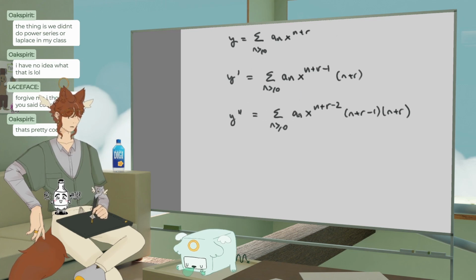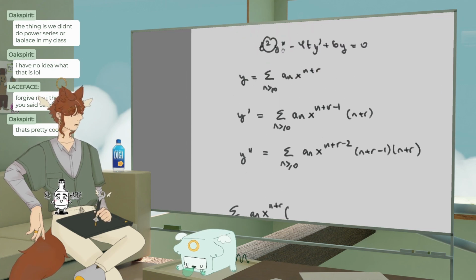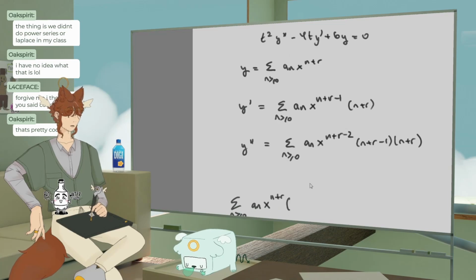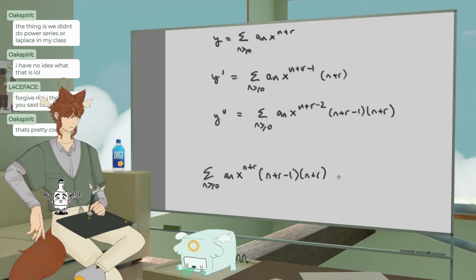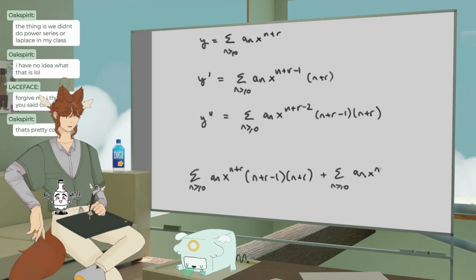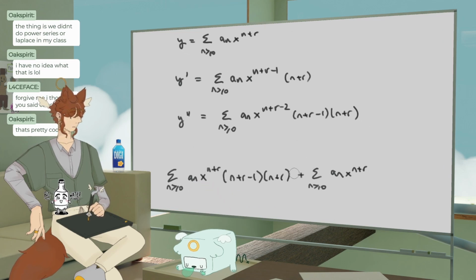I'm going to sub in t for x. So when we multiply this, we're going to get the sum for n greater than 0 of a sub n x to the n plus r. It's going to go away, right? Because we're going to add that 2 that's out in front here to this minus 2, and that's going to be plus 0. We still have these here, plus the sum for n greater than or equal to 0 of a sub n x to the n plus r again, because we've multiplied by that, and that's by design. Like, we chose, when you learn Frobenius theory,